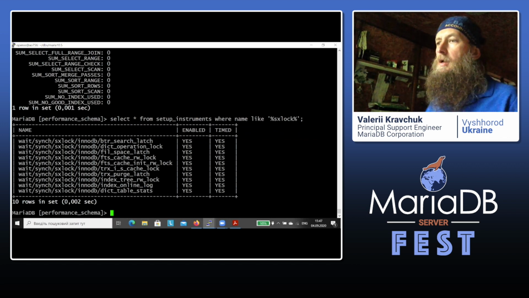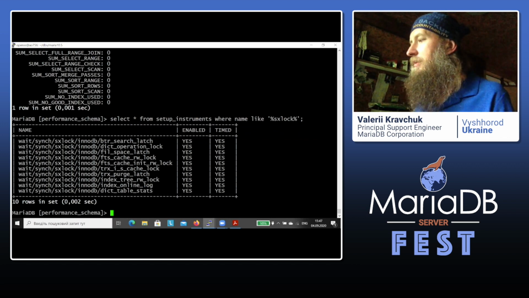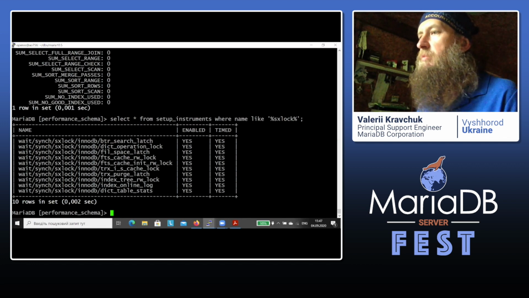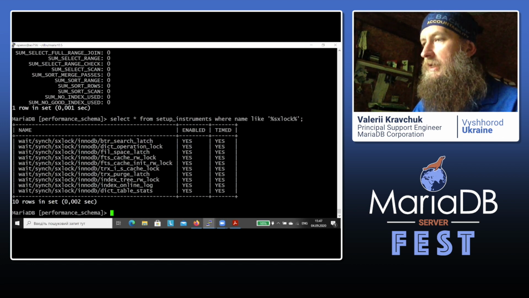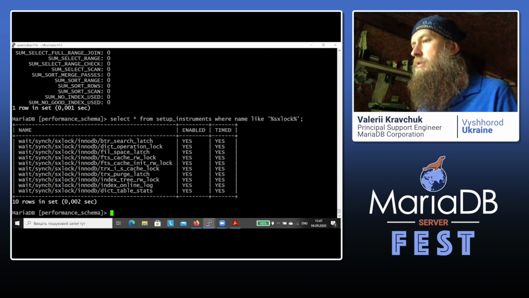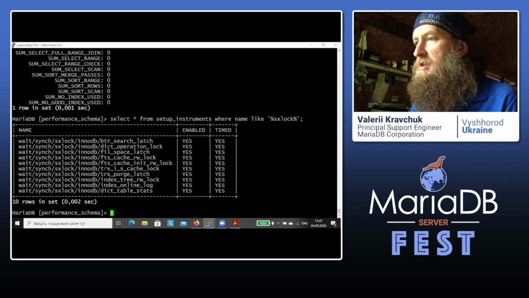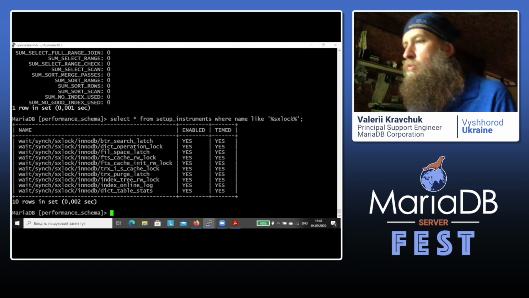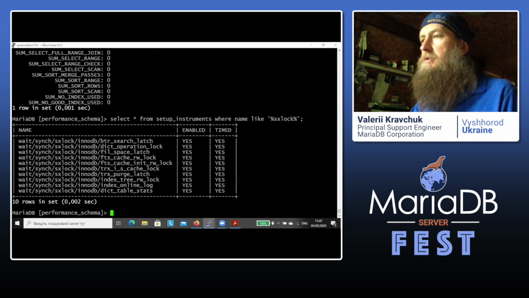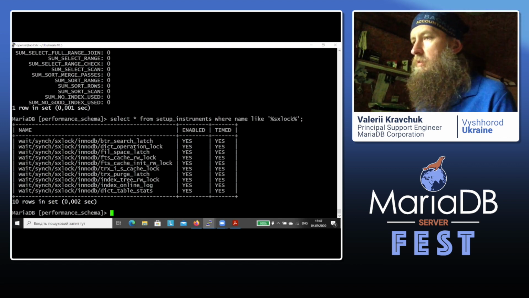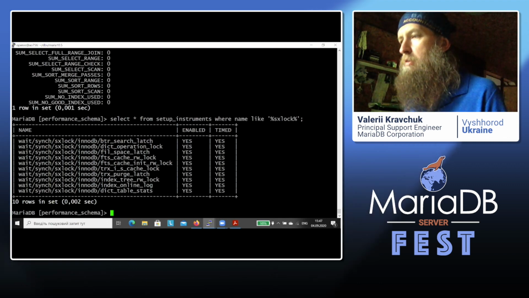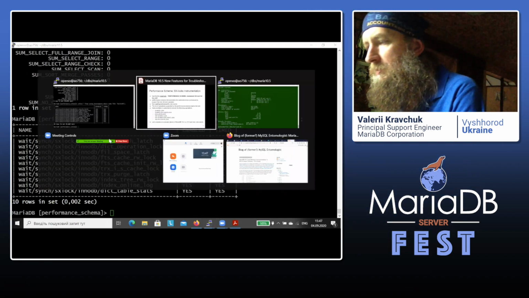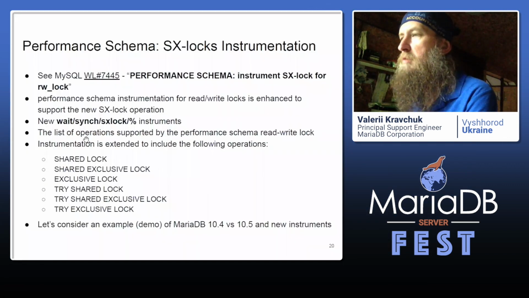So these are locks, internal InnoDB locks that every DBA and many developers should know, like dict operation lock for dictionary, dict table stats for InnoDB persistent statistics, transaction purge latch, BTR search latch. All that stuff is quite important, and you often see it. Now it can be instrumented in detail, so you can see how much time in summary was spent on this stuff.